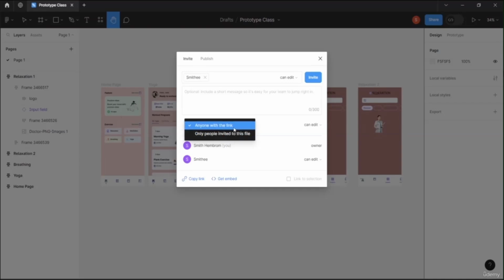But if this file, I want to select this particular link and I want to copy this one and send it to their WhatsApp or Messenger, I can do it from here. Okay. And whether they can edit or they can only view. Suppose I just want to send my client the link where he can only view. Okay, in that case, I can click on this option, and for my teammates whom I'm going to invite, I will click they can edit as well. So I can have both of these things here, and I can also add a short message for them, those who all I'm inviting. So I'll write that